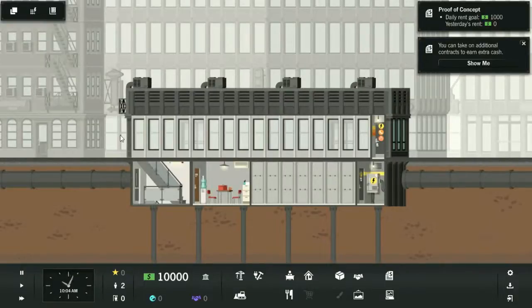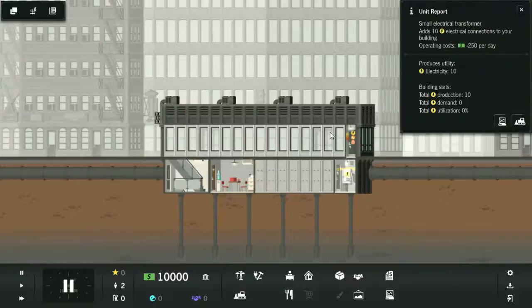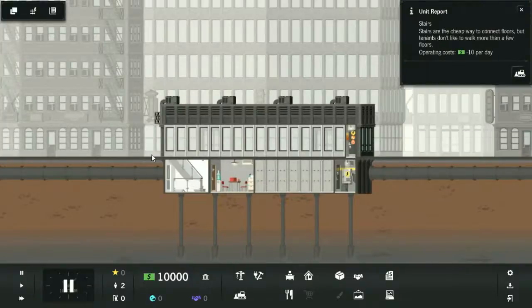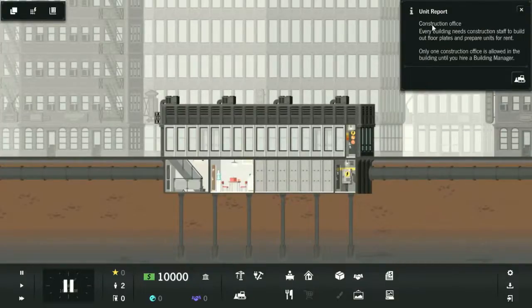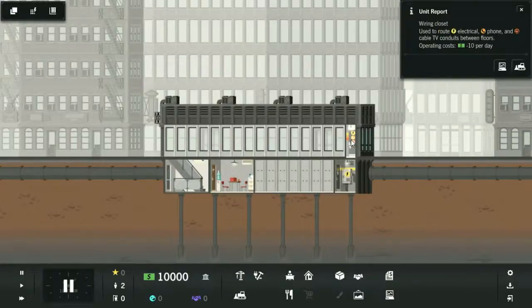But as you start up here, you basically see your first kind of building, and I'll actually pause it. Those are our two workers coming in to be down here. You kind of start off with a little bitty space, a stairwell for them to get down to their office, the construction office. You do get an electrical transformer which can support up to 10 units, and then the wiring closet which you need to go up in floors and everything else. So first things first,